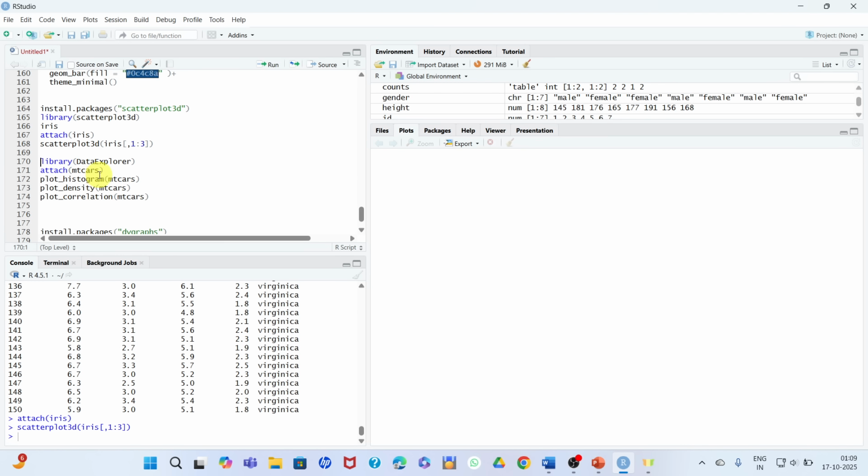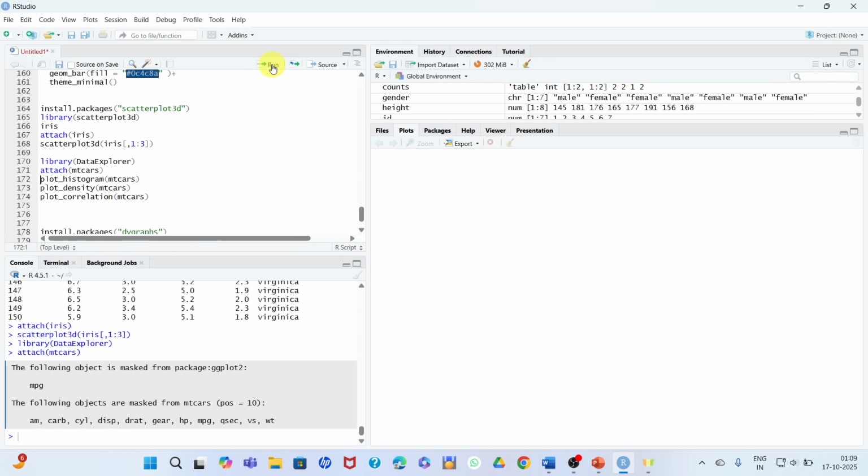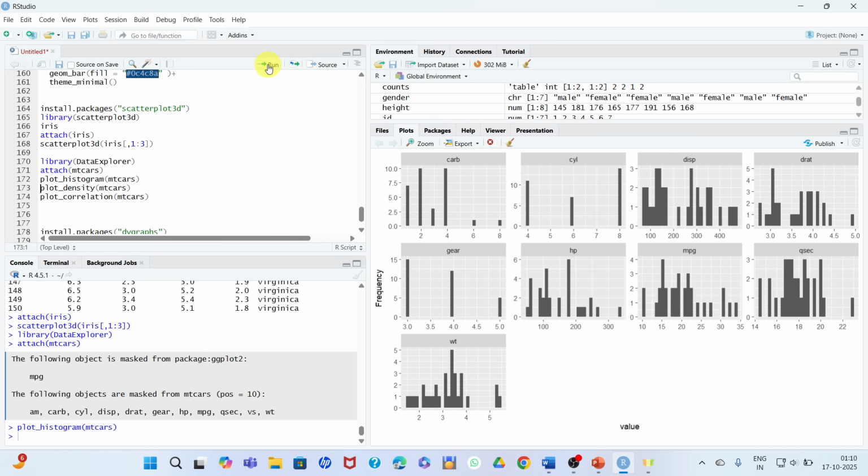Next package is DataExplorer. Let's run library DataExplorer. Attach mtcars, the previous one. Attach the database mtcars. If you want a histogram, plot histogram for the same mtcars. Let's run this.